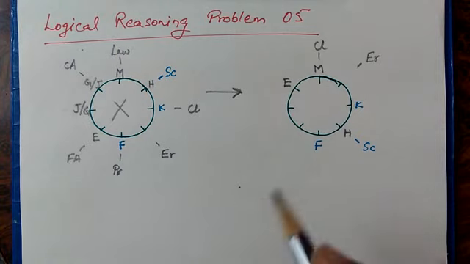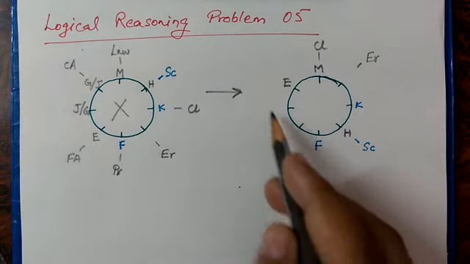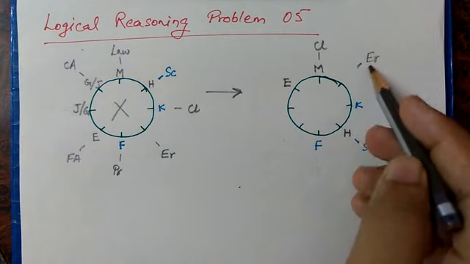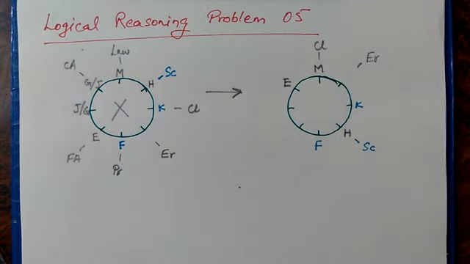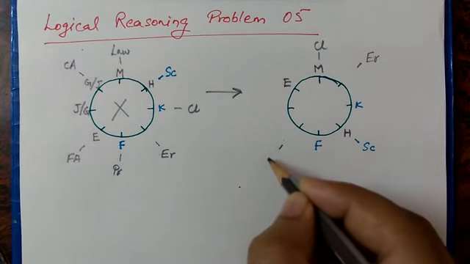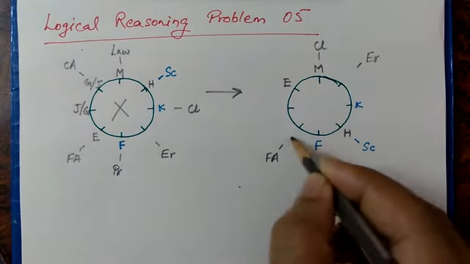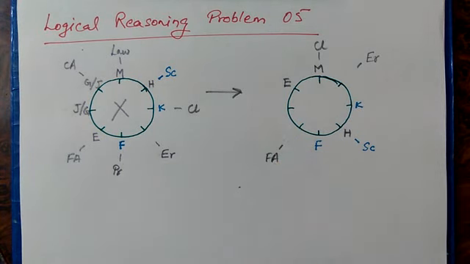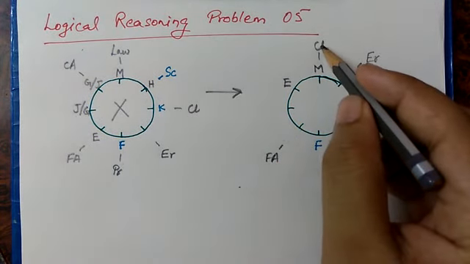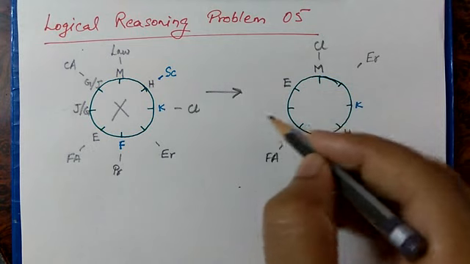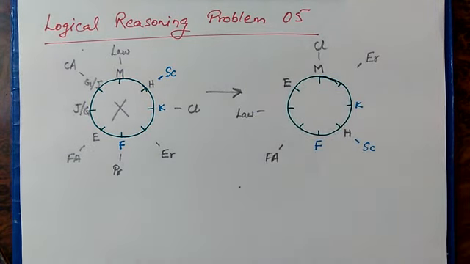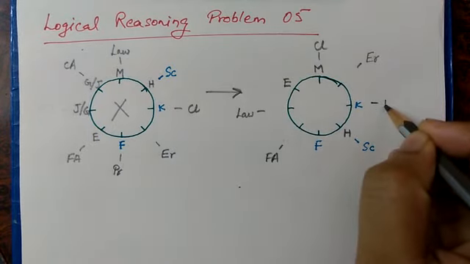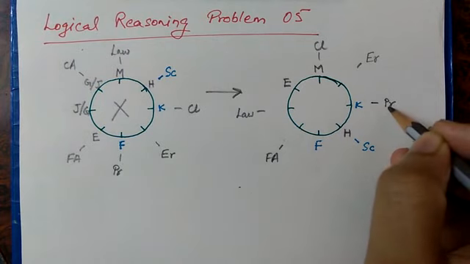Neither G nor J is an engineer. We can see neither G nor J is an engineer because engineer is over here, so this is also satisfying this condition. The financial analyst is to the immediate left of F. So financial analyst must be here, so this is the immediate left of F. The lawyer is second to the right of columnist, so this is the place of lawyer. The professor is an immediate neighbor of engineer, so this is the only space left for professor.